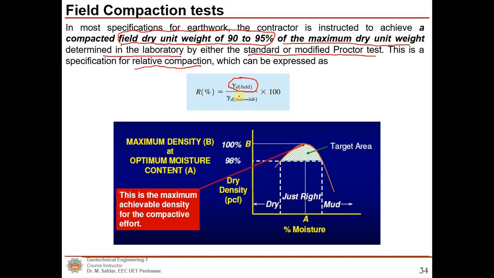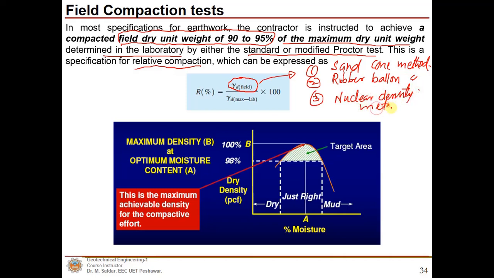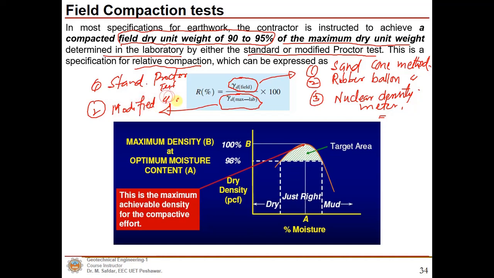When we are comparing the dry unit weight which is obtained in the field using sand cone method, rubber balloon method, or nuclear density meter, if you compare the unit weight which is obtained in the field with the unit weight or the maximum dry unit weight which we obtained in the lab using standard Proctor test and modified Proctor test,